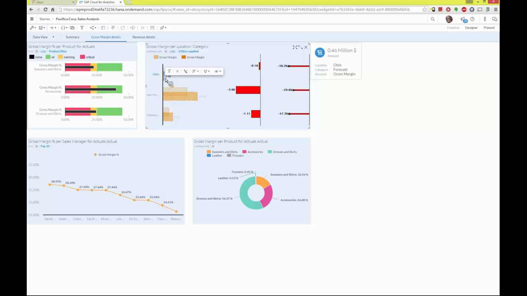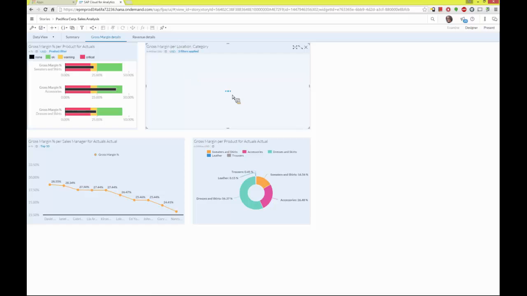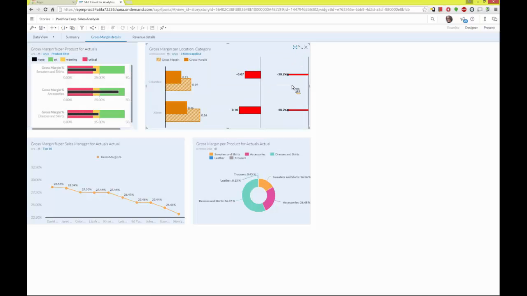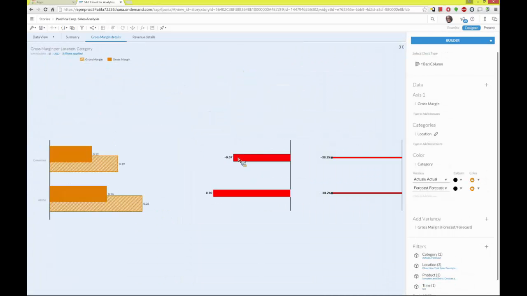But with Ohio, things aren't looking that great. So we might want to drill down in Ohio and see specifically, is there some specific county or city in Ohio that is causing problems or not? So we can quickly drill down in here, and again, we can bring this to full screen so we can get this in its full glory.